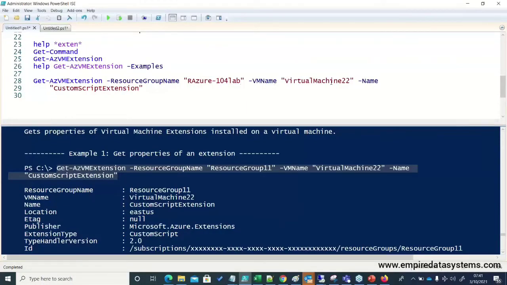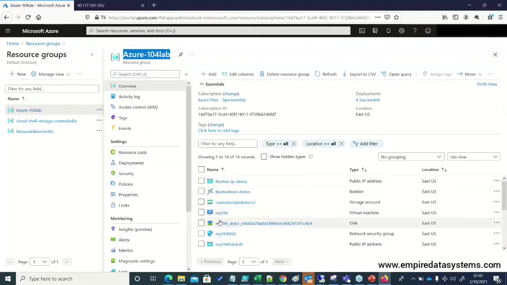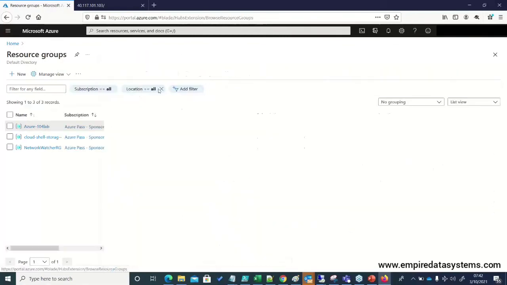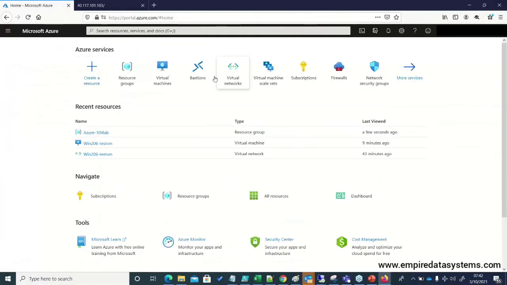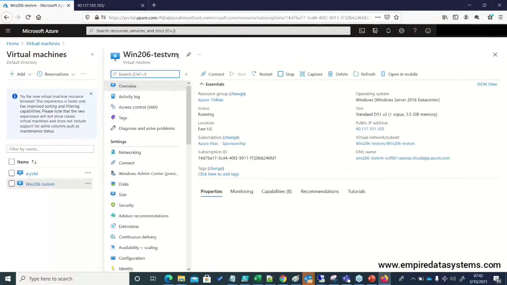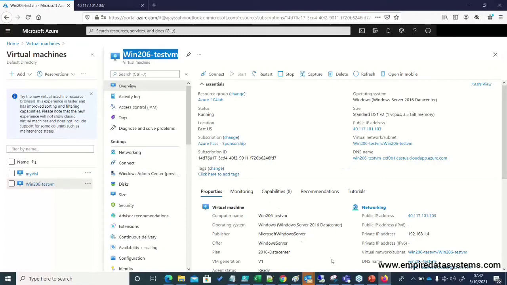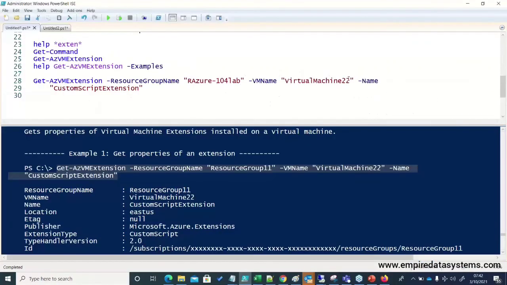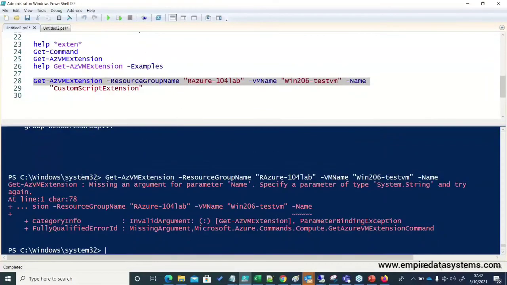The VM name, the virtual machine name. So for me, what is the VM name here, where I've installed this? It is on this virtual machine. So this is my VM name, and so I'll go here. I'll change the parameter and the name custom. This will remain as it is. So if I execute this complete command,